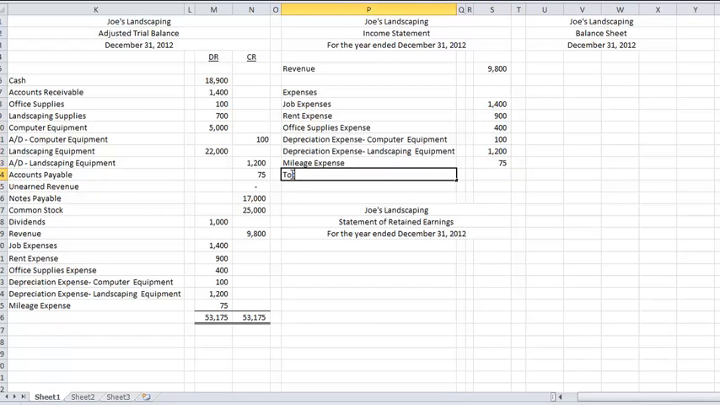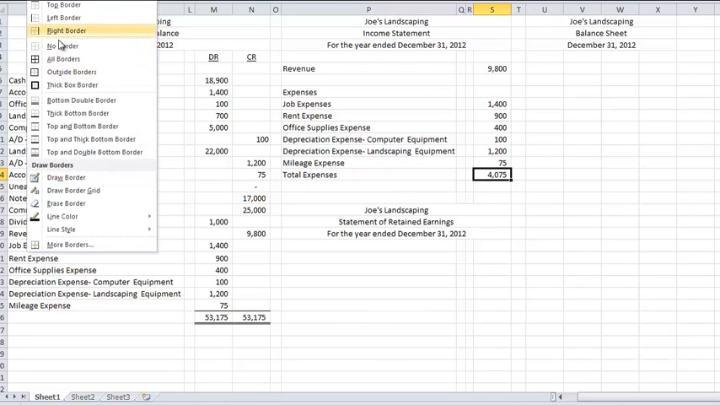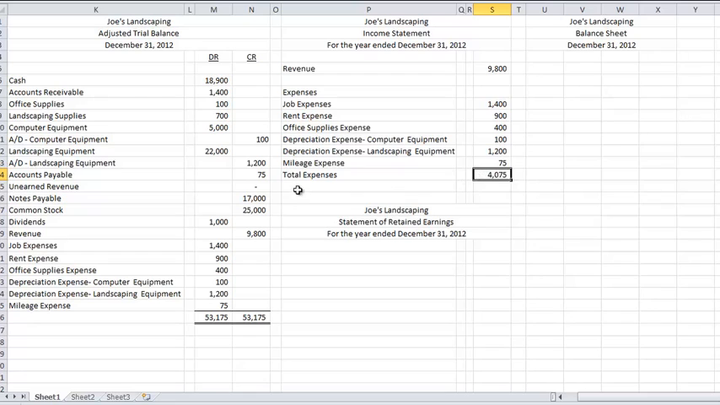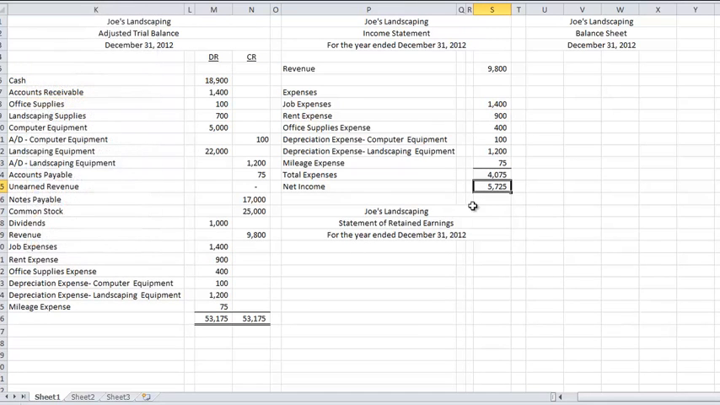So my total expenses, let's do an auto sum here. Okay, so if I add up all my expenses, I get $4,075. So now my net income is revenue minus expenses. I'm going to do revenue minus expenses. So my net income is $5,725. So that's how much profit we made